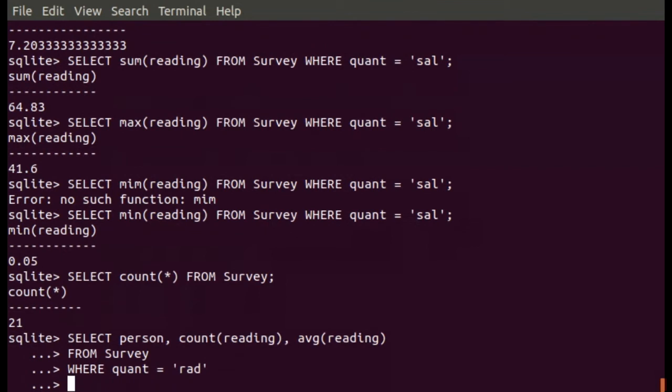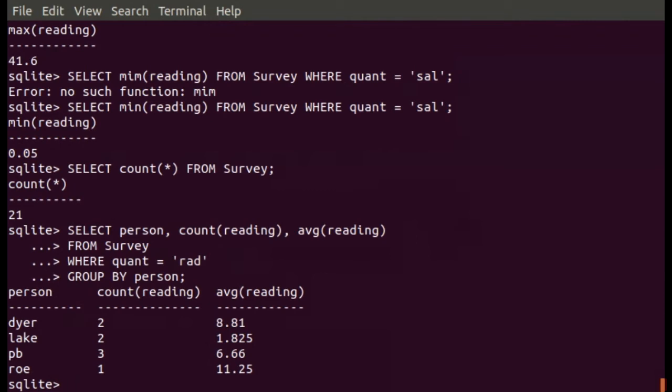And here is the key: GROUP BY person. So if I execute that,